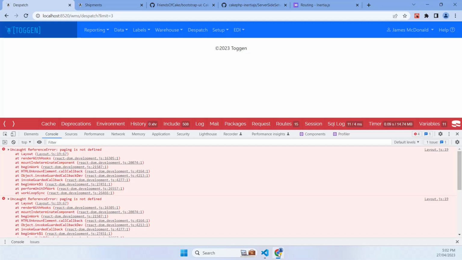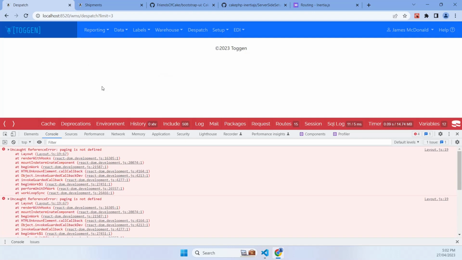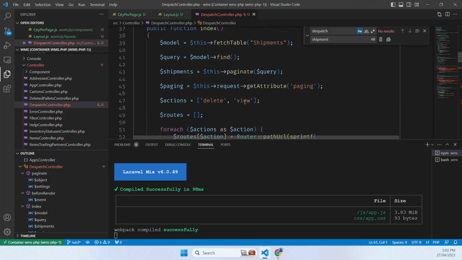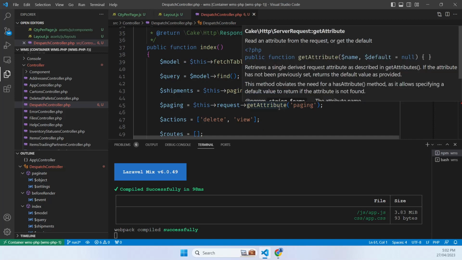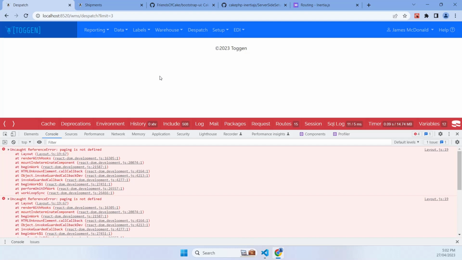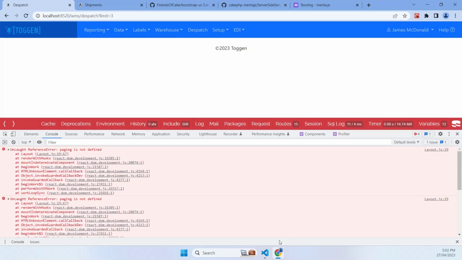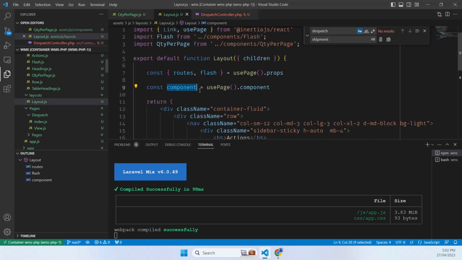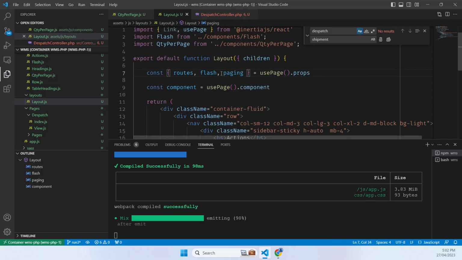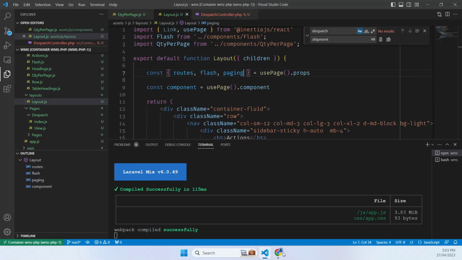Now that paging is incredibly valuable, but apparently this set paging get attribute... okay, what are we missing? Layout 19. Let's have a look at layout. Alright, we've made a mistake there. We need to pop that through. So now we've got here